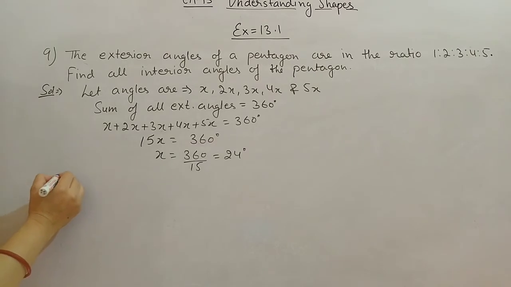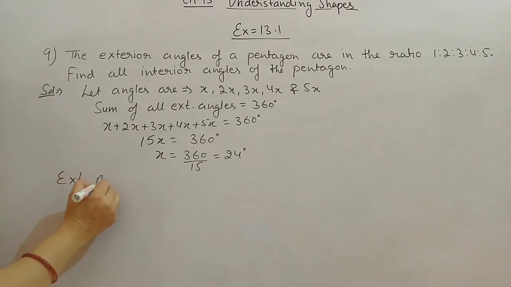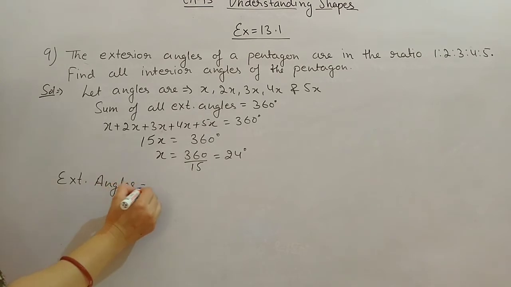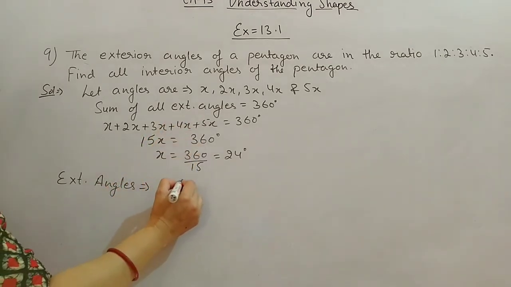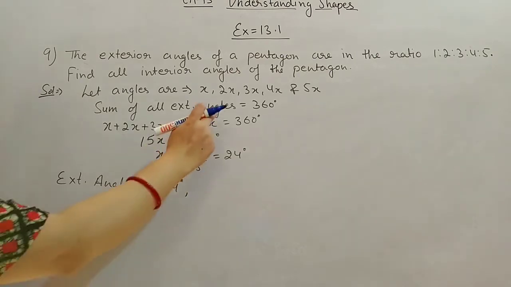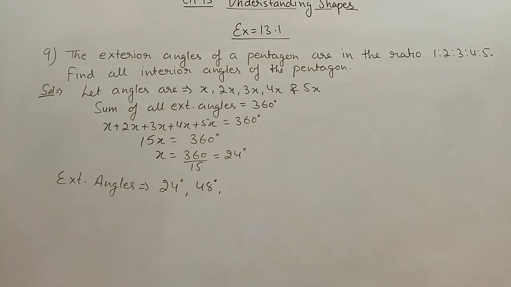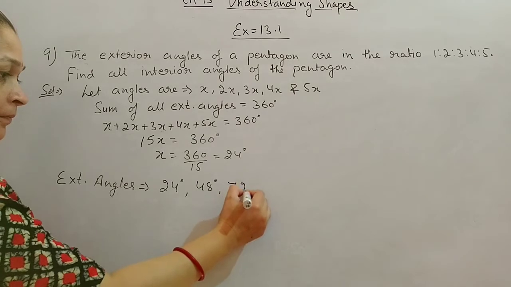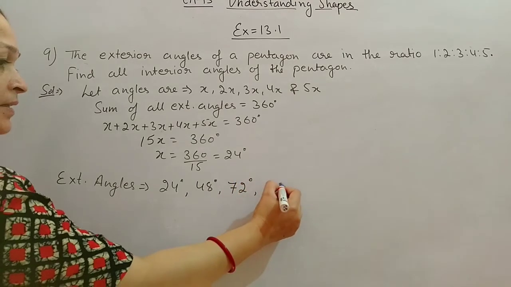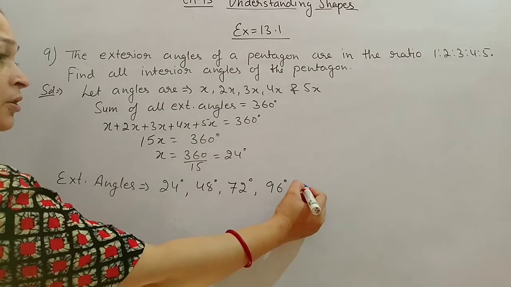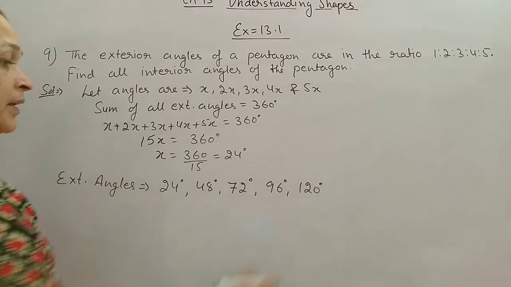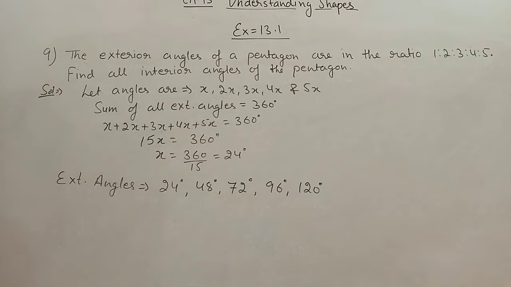So our exterior angles will be: first x means 24 degree, second one 2 into 24, 2x means 48 degree, third one 3 into x means 3 into 24, 72 degree, then 96 degree, and last one 5 into 24, 120 degree. These are the exterior angles, but we have to find out here the interior angles. Therefore the interior angles will be,